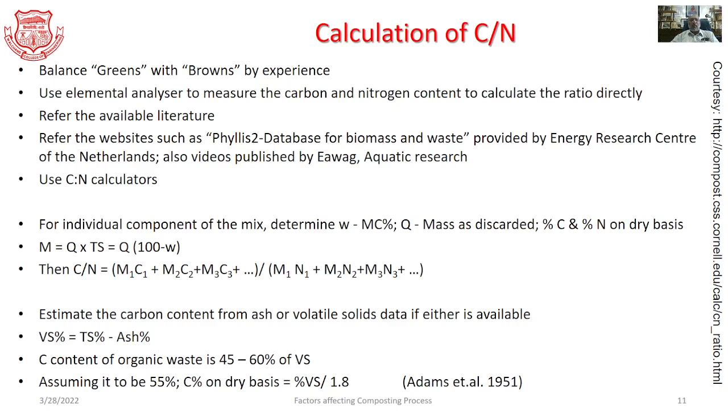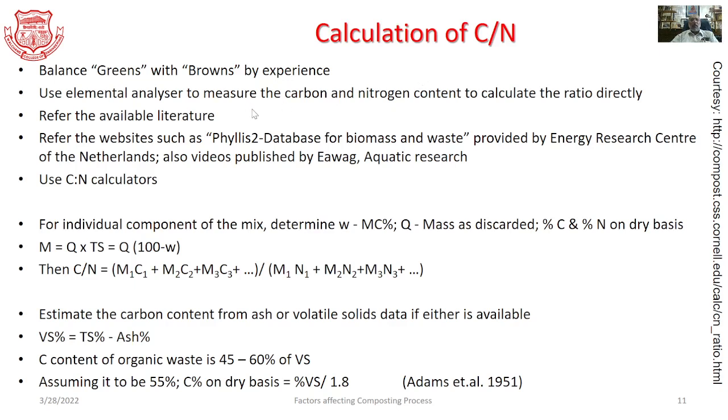For a given mix, we can also compute the C by N ratio. Usually, the agencies who are working in this composting field, based on their experience, maintain the C content as well as N content by balancing the greens and browns, so to say. If one is interested in using some refined processes, one can go for an elemental analyzer and measure the carbon content and nitrogen content to calculate the ratio